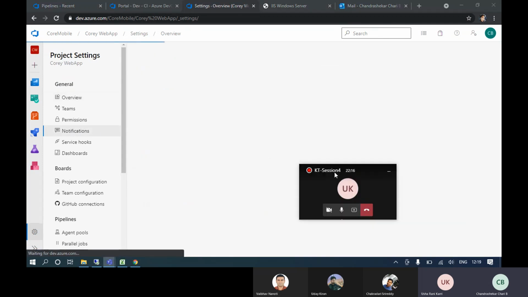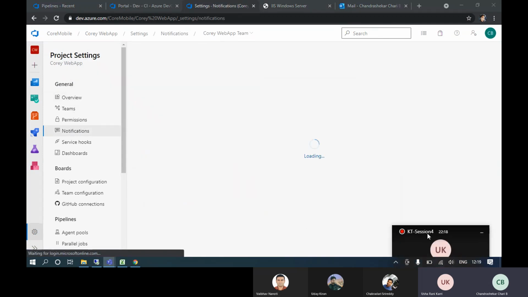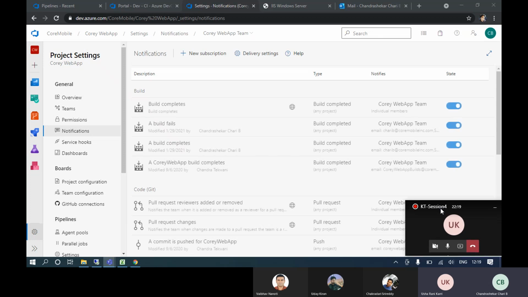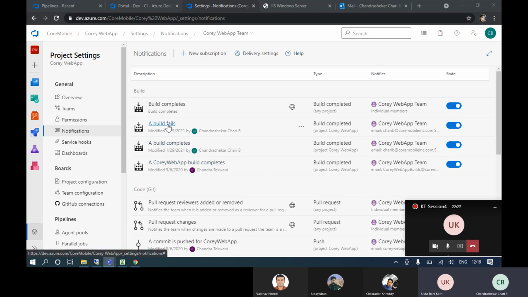In notification, we need to add our IDs, so whoever triggers, they will definitely get the mail. In addition, you need to get the mail, right? See here you have build completes, build fails, build is completed. You can click this here.